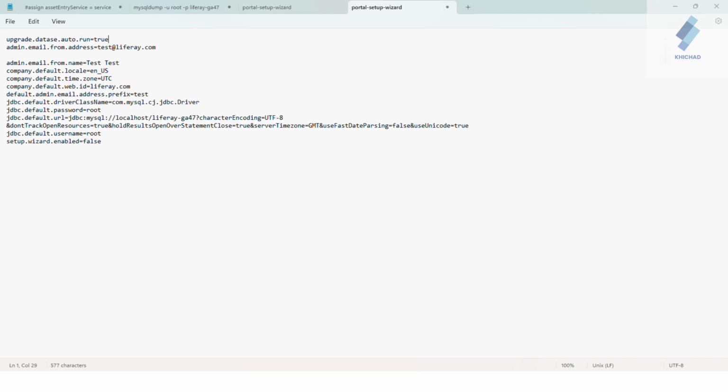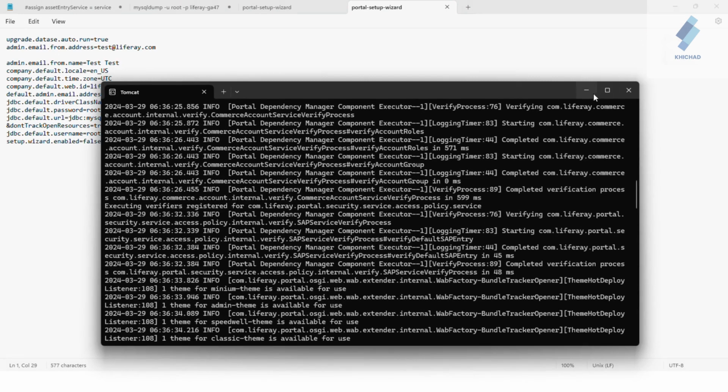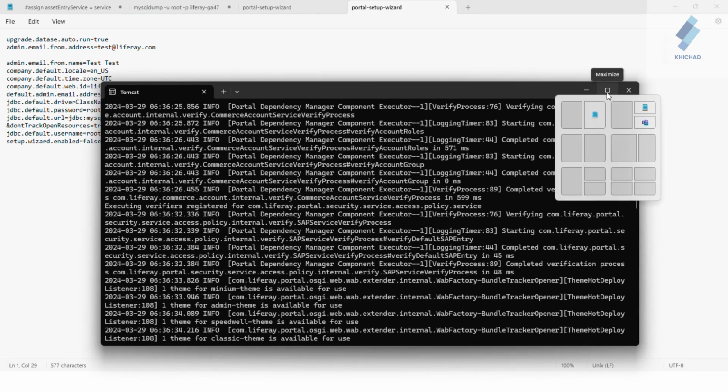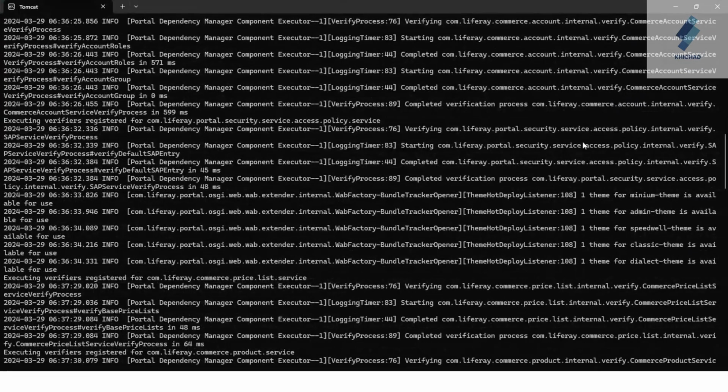So let's move on to the next step. First we need to save the portal setup wizard file, and now stop the existing server. My server is already running, so first we need to shut down your Liferay server.